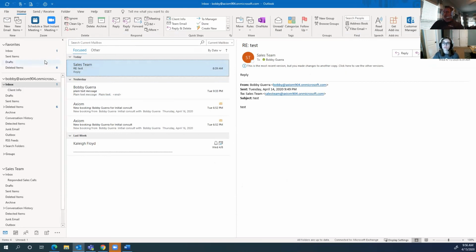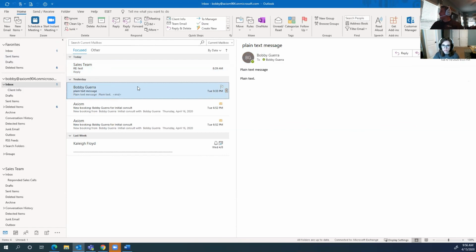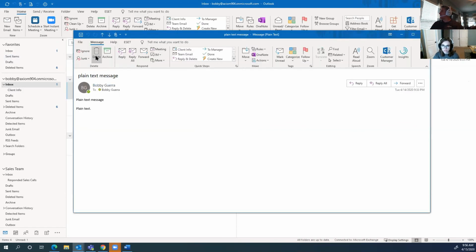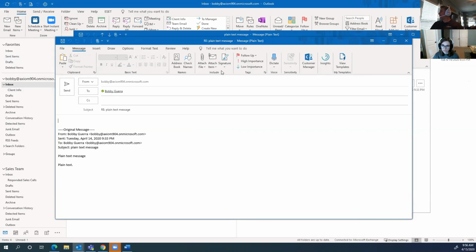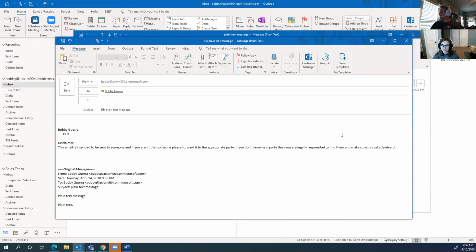Another scenario that we see tickets come in for is people saying, when I go to reply to someone's email, my signature doesn't show up. Why is that? Or I'm trying to paste other content in there and it doesn't show up. So here's an example. Here's this plain text. And when I hit reply and I want to add my signature, my legal signature, my picture's not there. The content's there, but my picture isn't there. Why is that, Kaylee? Why do you think that is?